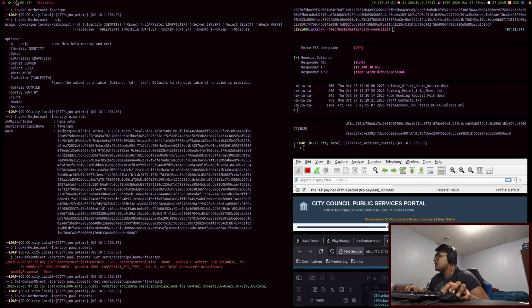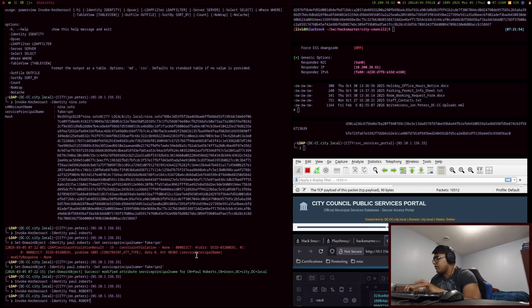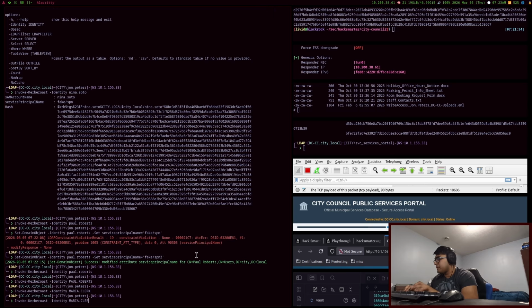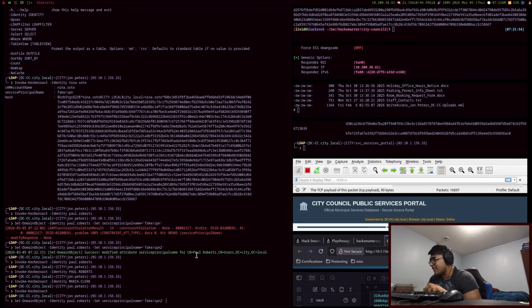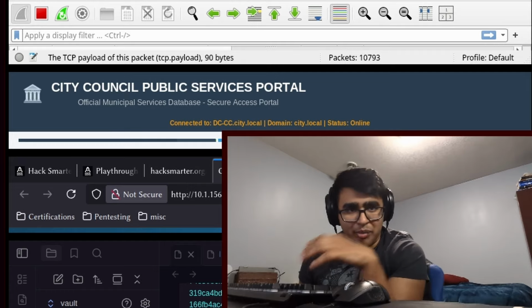Okay. And let's try Mariah Clerk now. So if we just did Mariah Clerk like that, work. Okay. Invoke. Maybe it automates it. I actually don't know. So it could be that PowerView.py automates it. We're not able to test because these users don't actually have a Kerberoastable hash. So kind of interesting. So let's set the SPN for Mariah Clerk, and then, for example, if we wanted to do a proper cleanup as well,